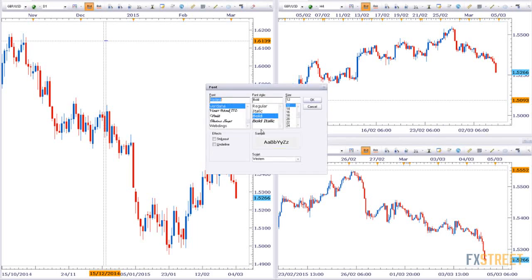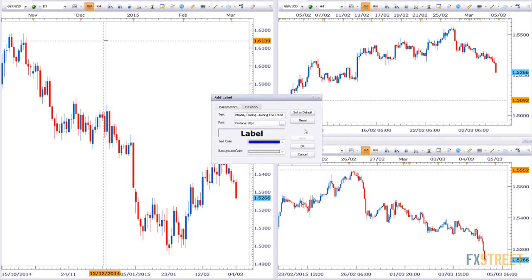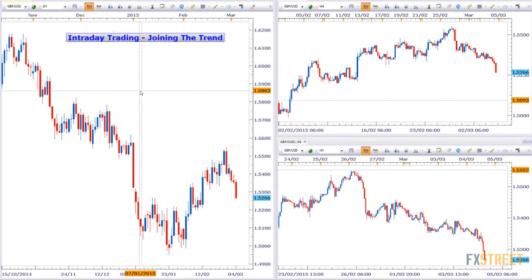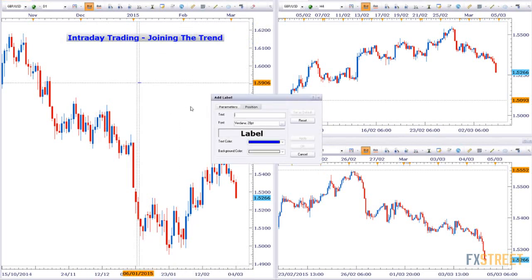Let's make this a little bit bigger so you guys can see it. Let's make it bold and do it on here like this. So this is the new default. Intraday trading is more about joining the trend. I would say from a swing trading point of view,